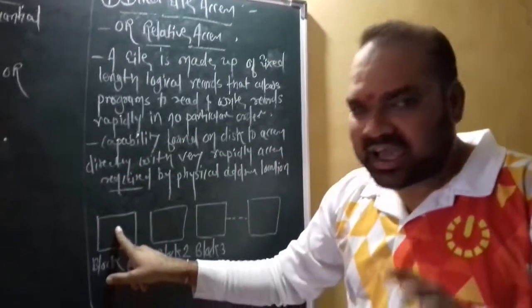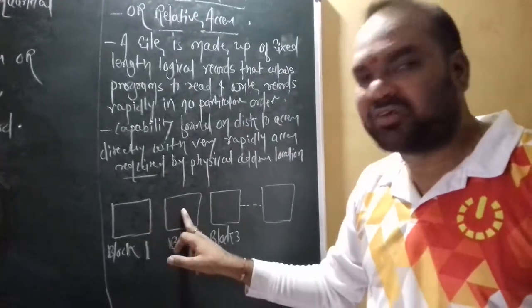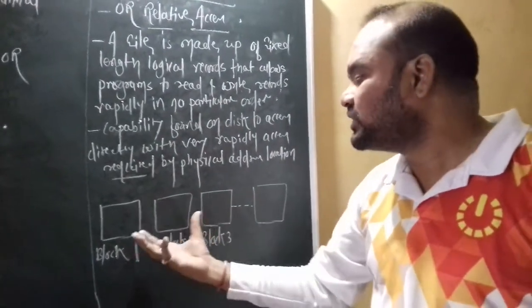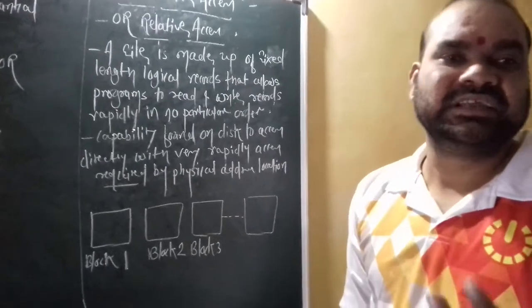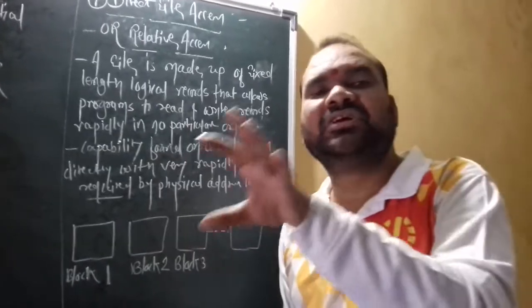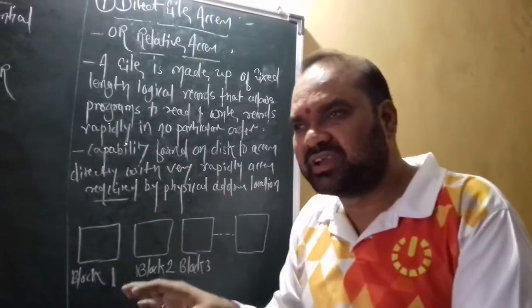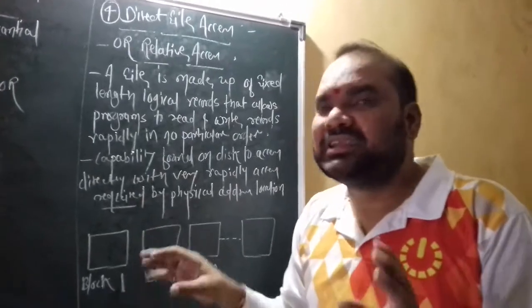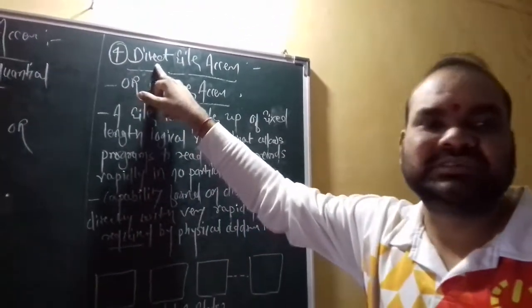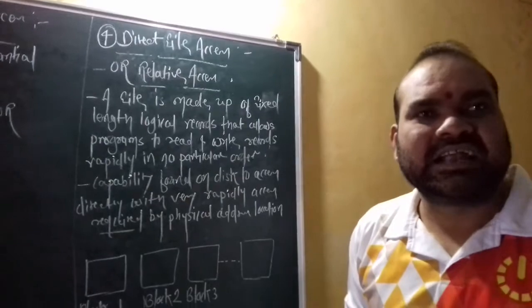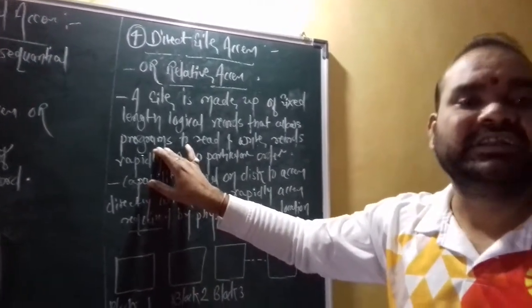In those files are a number of records. Here is the number of records, and the records you want, you can take very easily once you know the physical locations. That kind of thing is very easily accessible or available in this method. And you can see the advantages and disadvantages regarding these methods in our notes.